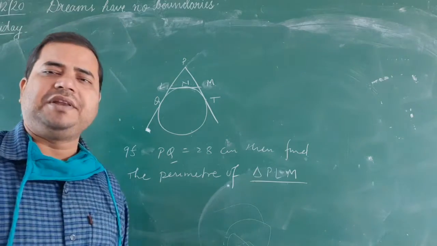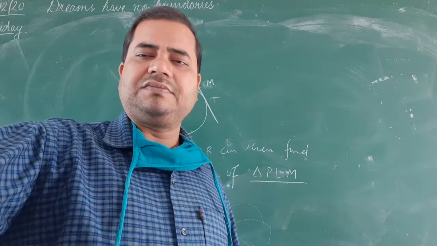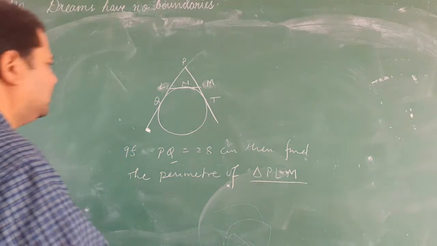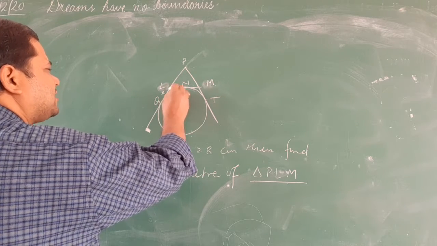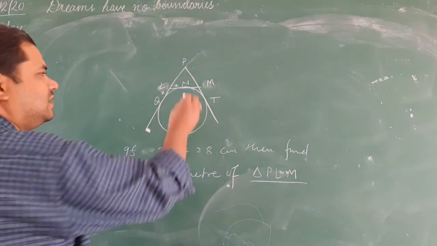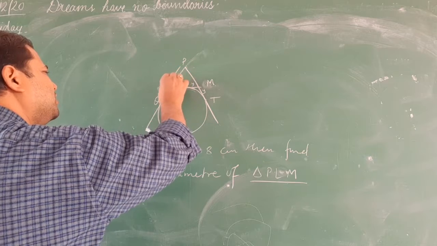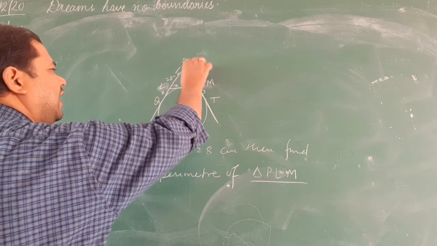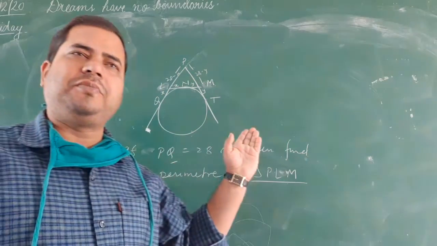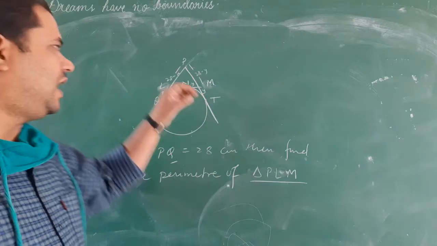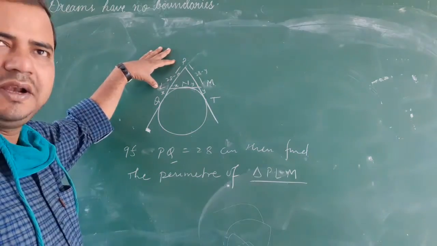PLM का perimeter हमें find करना है, okay? So please try to solve this. So see the solution. You know this is the tangent. This is the tangent, supposed to be x. Then this is y. Then this is y. And then this is what? 28 minus x. And this is 28 minus y. Why? Because PQ is equal to PT, because being tangent they are equal. And this is x. Then PL is nothing but 28 minus x.